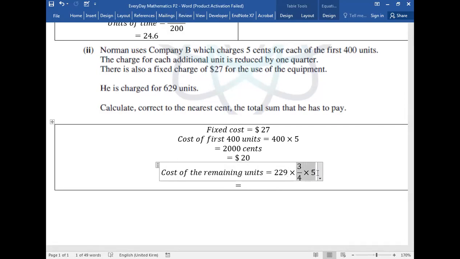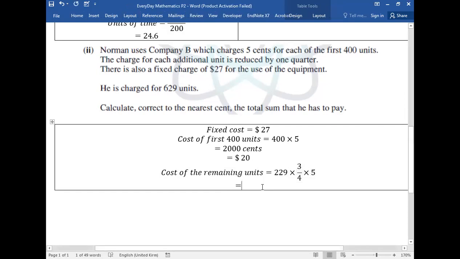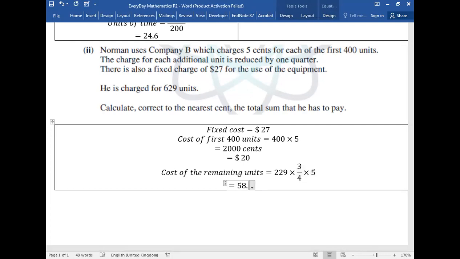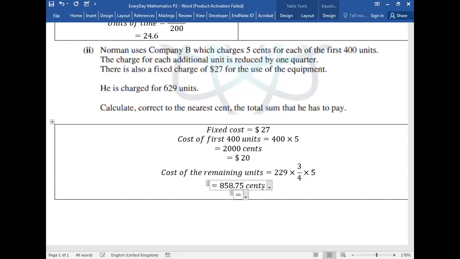5 cents was the initial cost of 1 unit. Now that has been reduced by 1/4. So you still need to pay 3/4 of 5 now for every unit, right? What is this cost? 858.75 cents. If I convert it into dollars, then